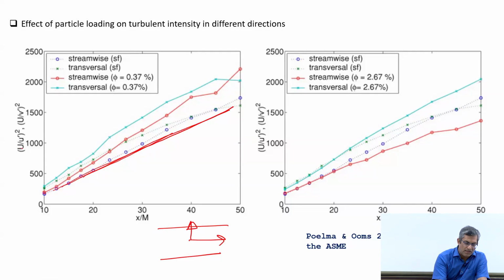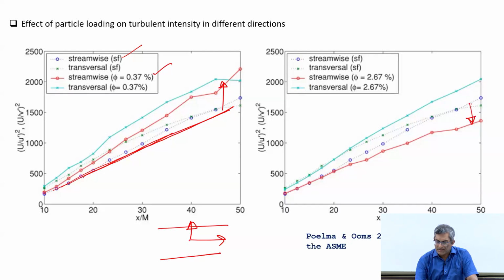Here they are plotting the kinetic energy or the inverse of turbulence intensity. Now, you compare this case with this case. There is a change in the upward direction. Now, you compare this case with this case for the streamwise direction. There is a difference. The change is now opposite,